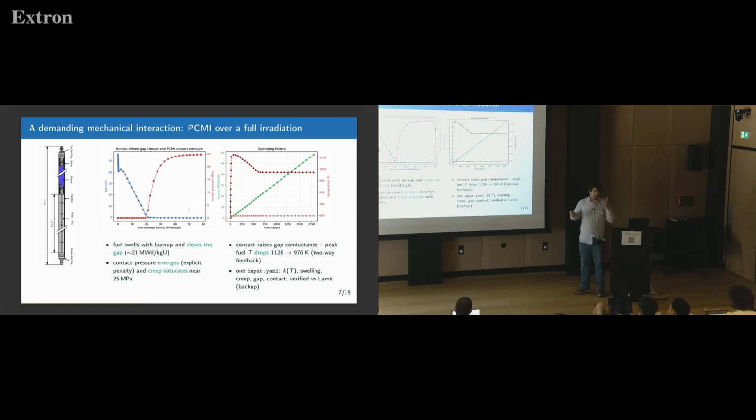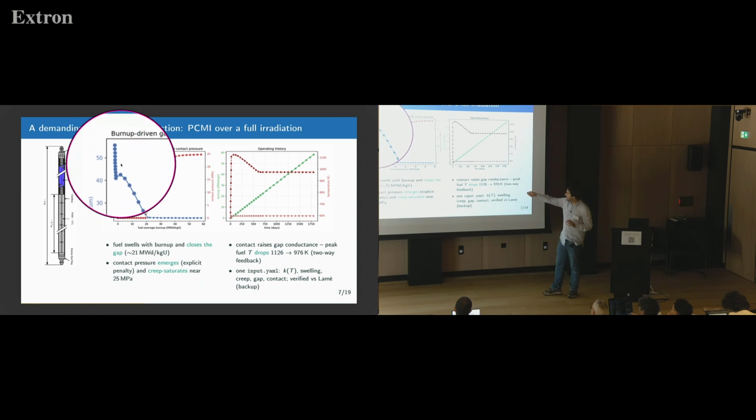And from an engineering point of view, we need to assess the temperature to be sure that the materials are not melting and they don't fail. What is nice is that with all these physics implemented, I could check this quantity. The blue curve on that plot is the distance between these two bodies that gradually decreases. That behavior, that decreases immediately at the beginning, then goes up a bit and then goes down again,